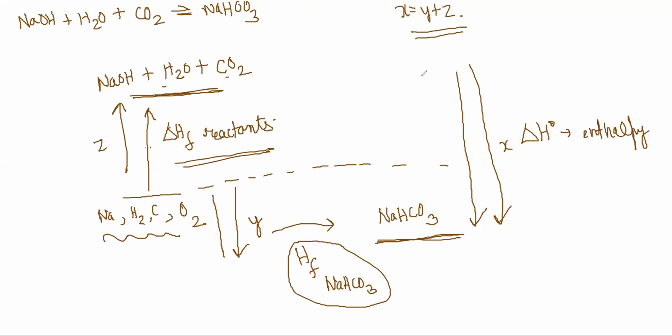Right? So you have to say that the total enthalpy of the reaction should be the heat released in this step and heat absorbed in this step, right? Addition, right? Heat released in this step means it will already have a negative sign. And heat absorbed in this step, you cannot add that heat, because if you add it, then negative and positive will get cancelled, right? So you have to subtract it, no? If you subtract it, then the whole thing becomes negative, right? So enthalpy of formation of products minus reactants.